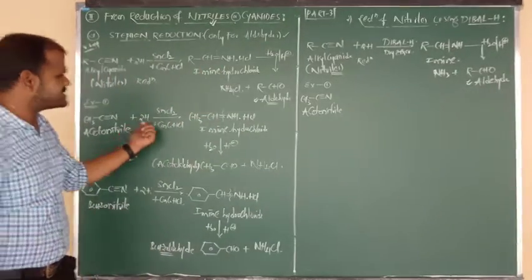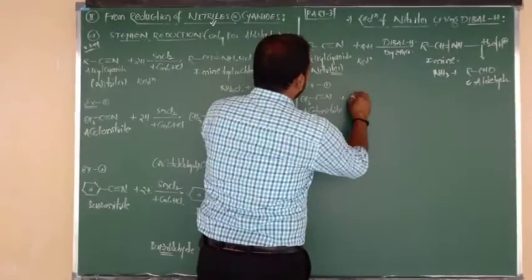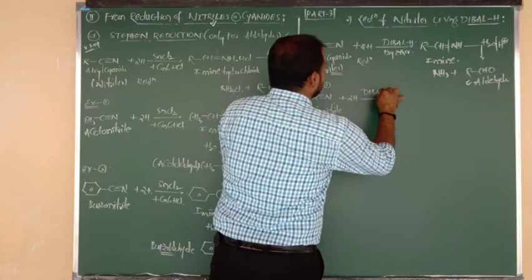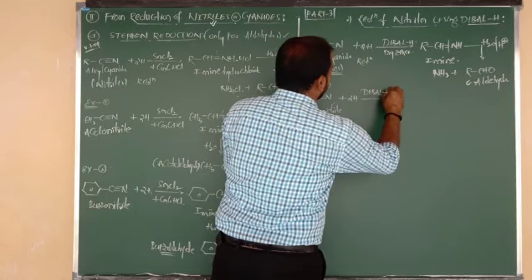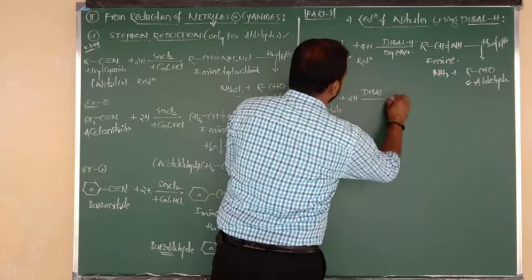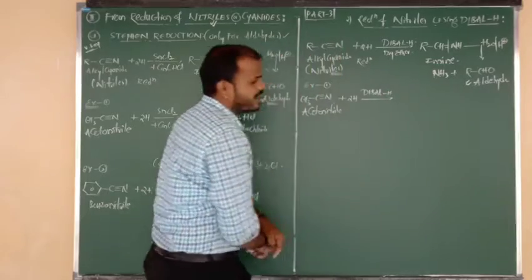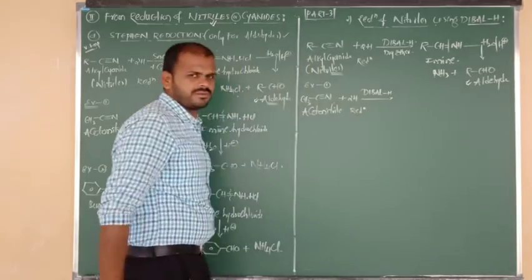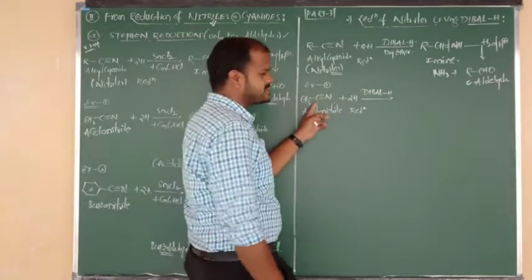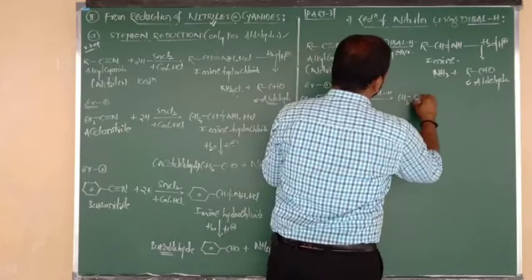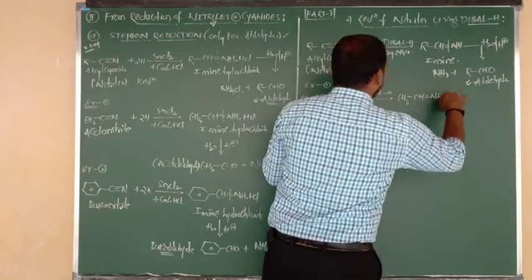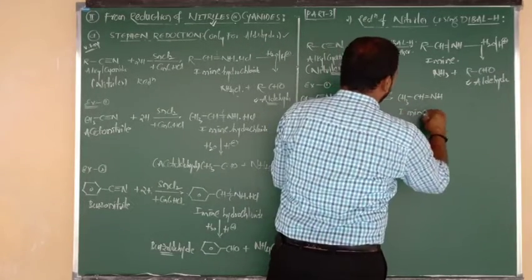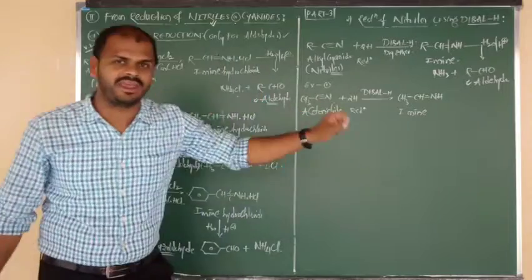Acetonitrile undergoes the process of reduction, same as above. Addition of 2 hydrogens takes place, but reduction takes place using what reducing agent? That is nothing but Diebol H. It acts as what? Reducing agent, Diebol H. Again, if you want, you can use dry ether. So what is the process name? Reduction. Hydrogen given to C becomes CH. So CH3 bonded to CH, triple bond becomes a double bond. Another hydrogen given to N becomes NH. So the compound name is called imine, and also we can say acetaldehyde.